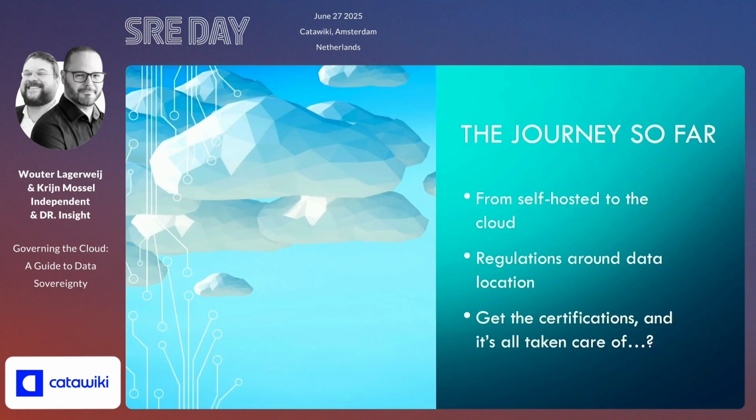So as Wouter mentioned, you've probably all been present for part of the journey into the cloud. At one point, most software was self-hosted, some companies started using data centers, but then because the hyperscalers offered an economic incentive, it was often cheaper to move to the cloud. It was often easier to deal with large architectures supported by the hyperscalers. So there was quite the incentive to start moving